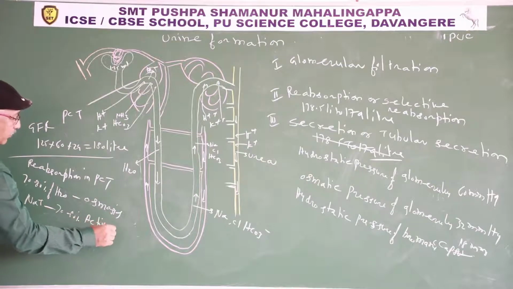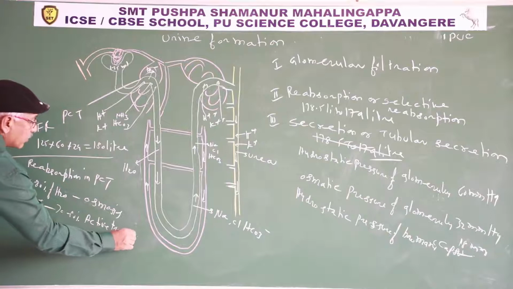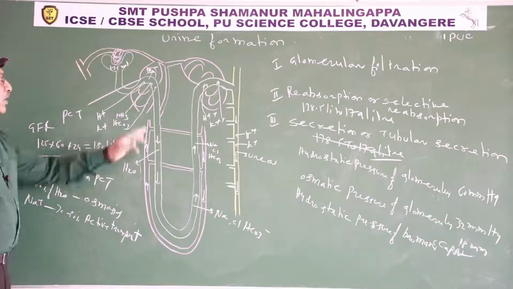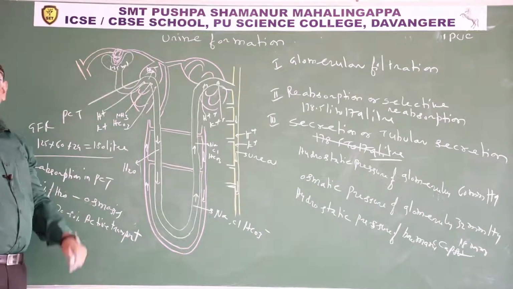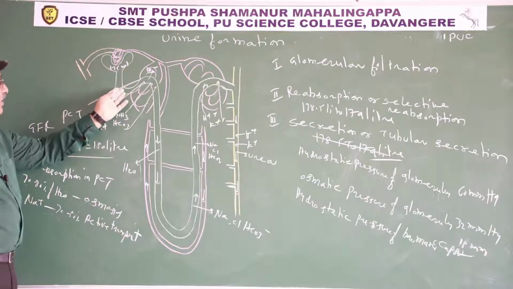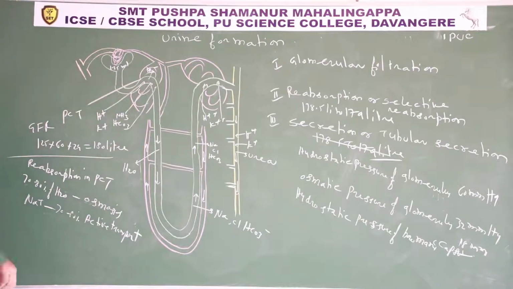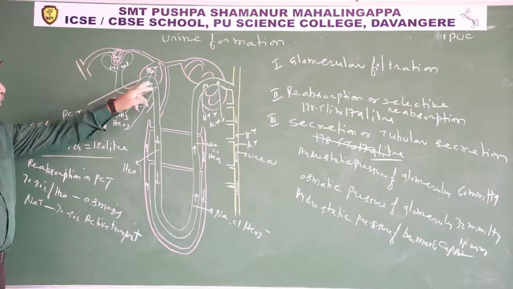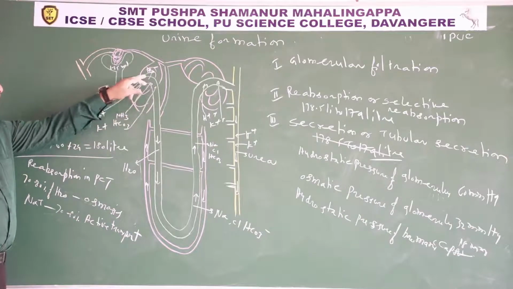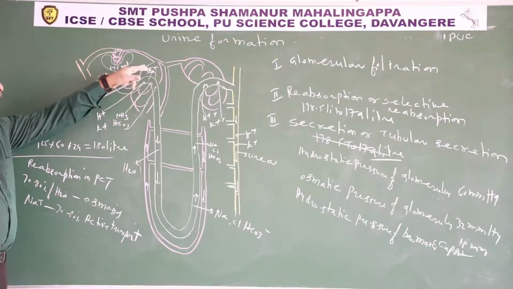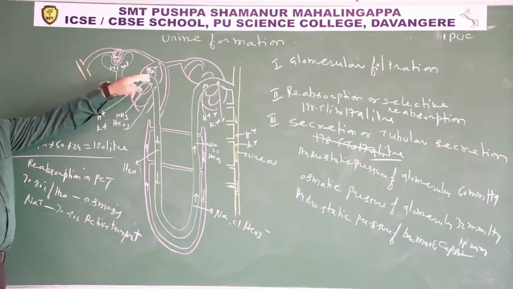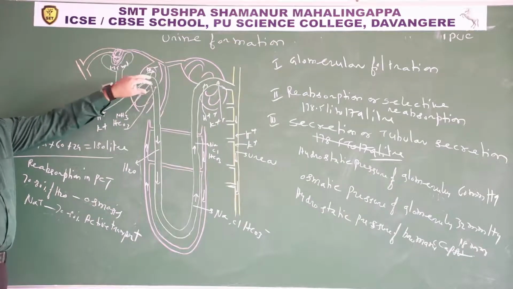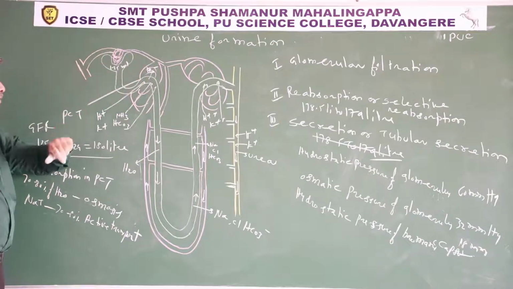All these substances escape from the blood. Immediately they enter into the blood only. That's why while primary urine is passing through PCT, 70 to 80% of water is reabsorbed passively, 70 to 80% of sodium is reabsorbed actively after utilization of energy, 70 to 80% of chlorine is reabsorbed passively. All the nutrients, amino acids, glucose, fats present in the primary urine are reabsorbed in the PCT only. As a result, previously dilute urine is now isotonic urine.